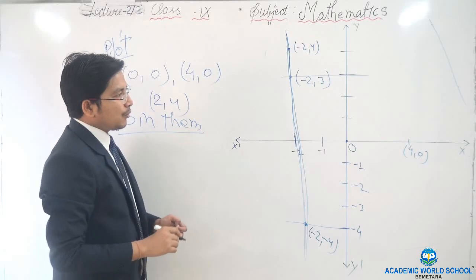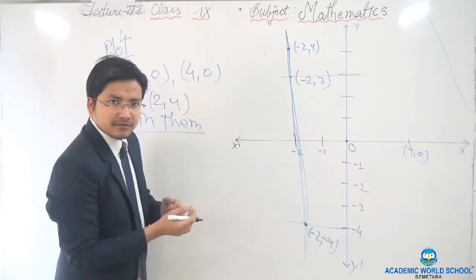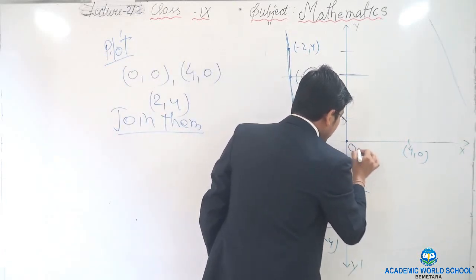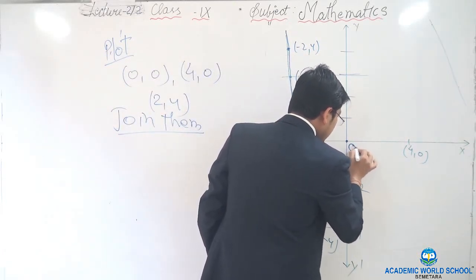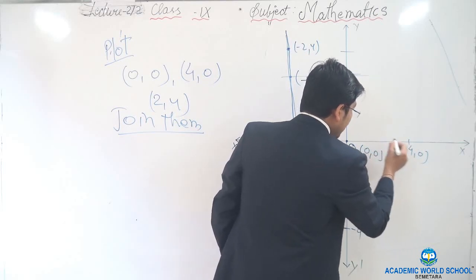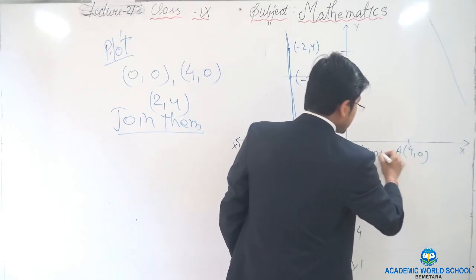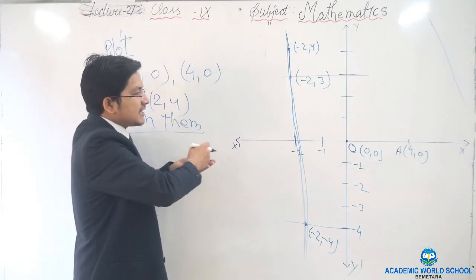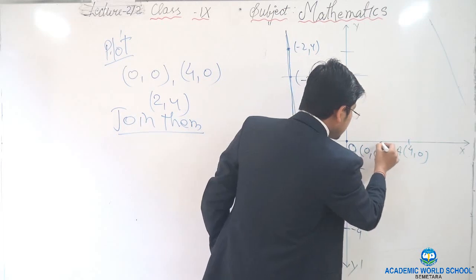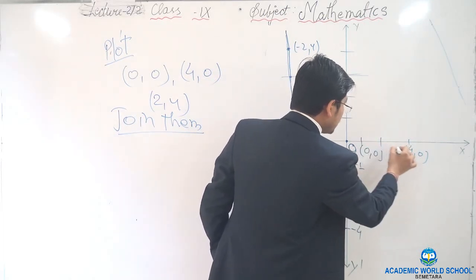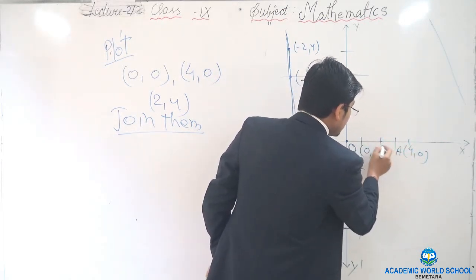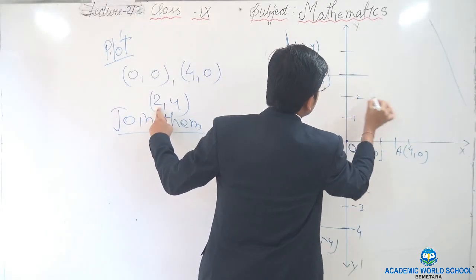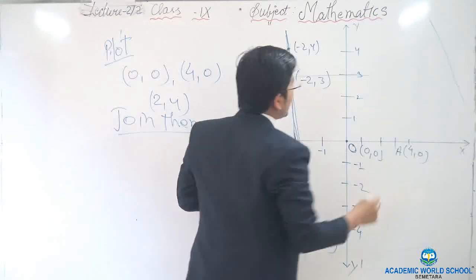And what is the figure we are going to obtain from these 3 points? So this is 0, 0, the origin. Let's say this point is O, the coordinate is 0, 0. Let's say this point is A, that is 4, 0. Now the next point is 2, 4. So on the x-axis we are going to move to 2. This is 1, 2, 3, 4. So this point is 2 and then 4 up, on the graph.